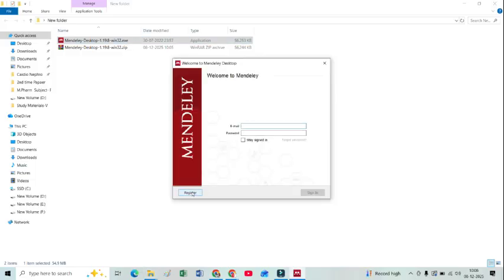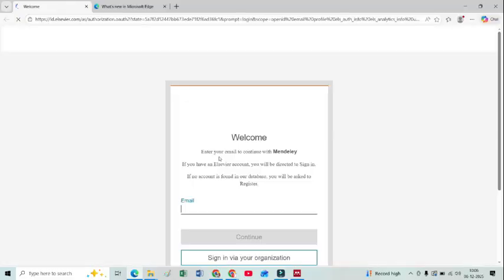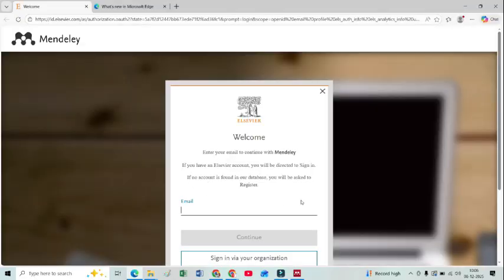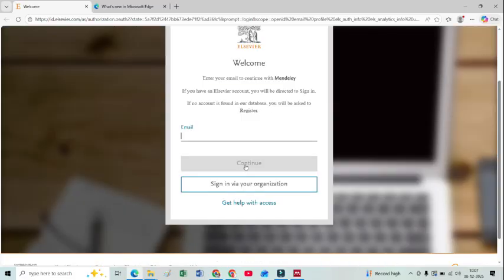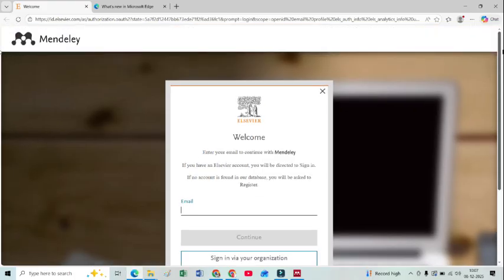Now you have to register from here. When you click register, you have to add your mail ID and continue. So this is how you can register. Once you register in that,